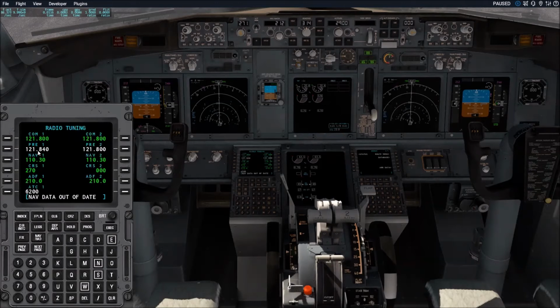Now 110.30, which is the Bombay ILS frequency, is tuned in here. 270 is the course for the ILS runway 27. So these are all plugged into this system, FMS, or flight management computer, which in turn controls the autopilot, auto throttle, flight director, or automatic operation of the plane.